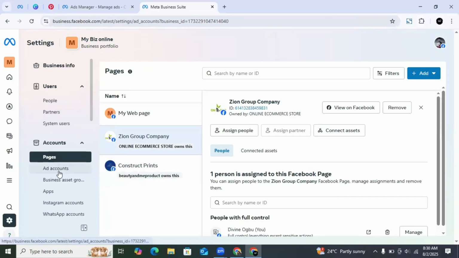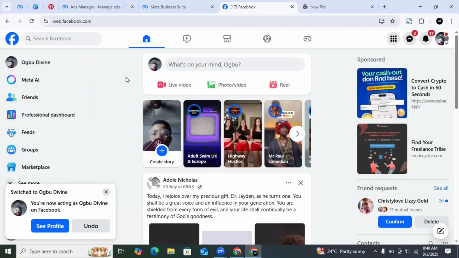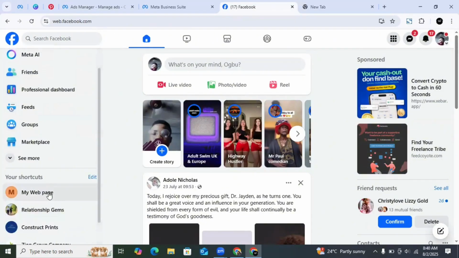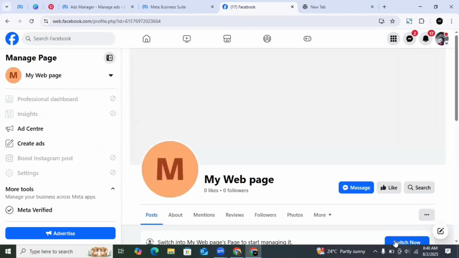Now if this is sounding very complex, like I said, we actually troubleshoot this as a service for people. So let's say you want to set up the ads from your Facebook page on this laptop screen. All you simply need to do is to navigate to the page you want to use, right? So let's say this is the page. All right, we'll come to the page, switch into the page,